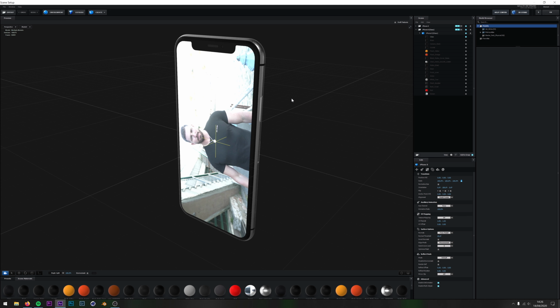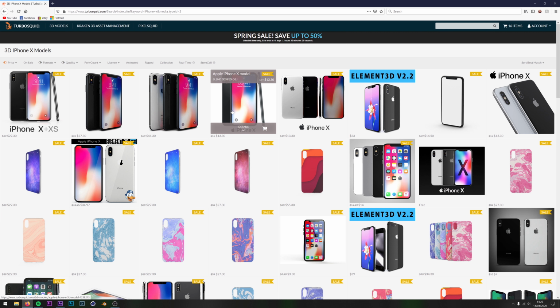So this 3D model I purchased from a website called TurboSquid, and this is a website that sells 3D models that 3D artists have made. They've uploaded them to this website and people can buy them, download them and use them, with the rights to use them within their projects. I think I might have used one like this here, which was optimized for Element 3D.